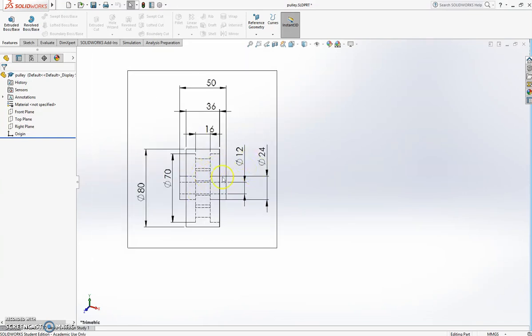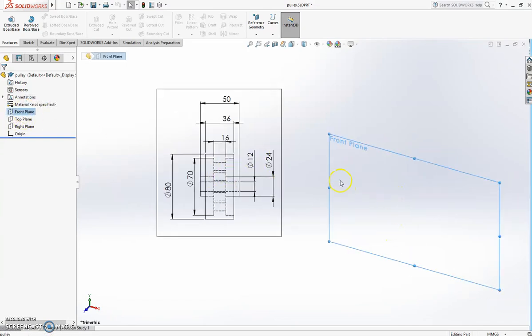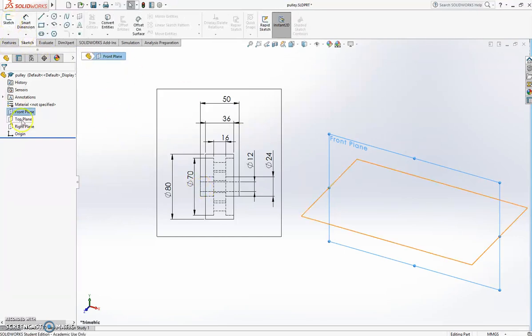So what I'll do, I'm going to sketch this on the front plane as the orientation of the finished part in the final assembly lends itself to sketching it on the front plane. I'm also going to create it with a center line running through here, and I'll position the center line at the origin. That will then leave the origin of the finished part at the center of rotation of the pulley part. So I'll create a new sketch on the front plane. So I'll highlight the front plane, create a new sketch,